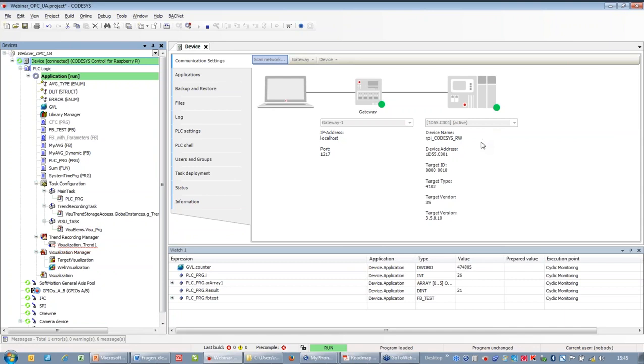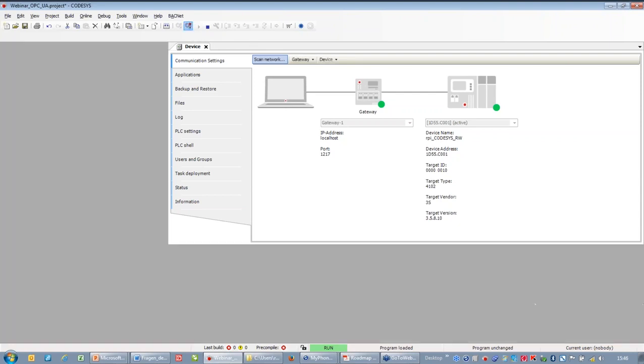I have a wireless LAN access to it. There's a DHCP server running on it, so I can immediately access it via my wireless LAN. And I have downloaded my application and I'm executing it. Now, but so far without OPC UA. How can we now add OPC UA? In order to do so,